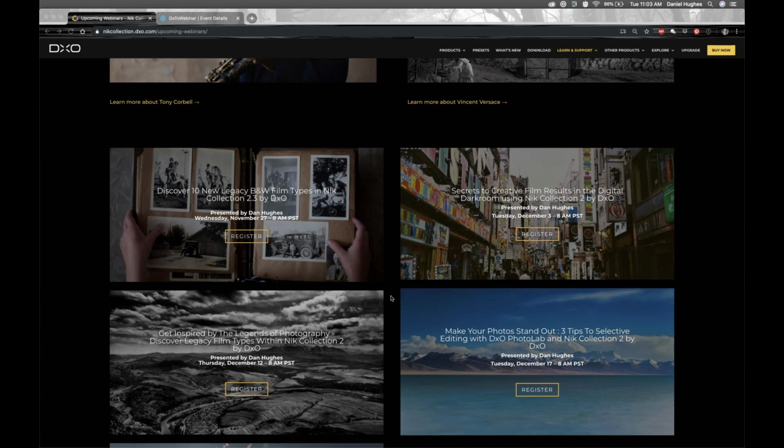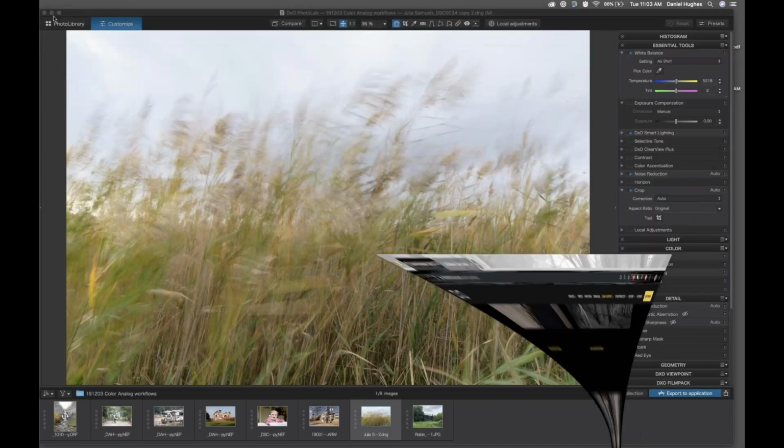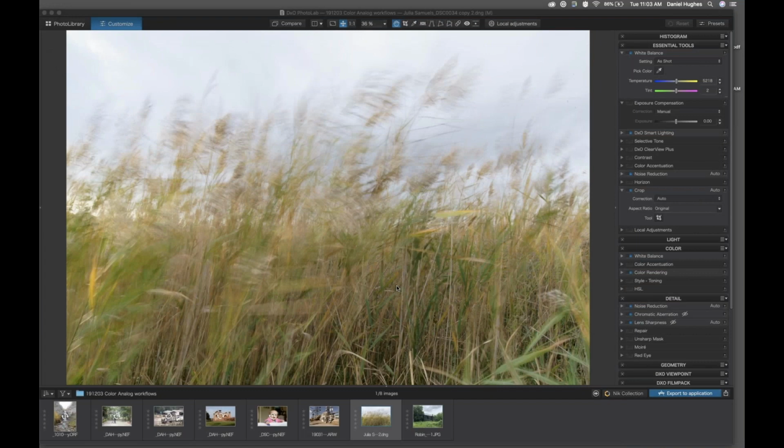Long story short, today's webinar is called Secrets of Creative Film Results in the Digital Darkroom using the Nik Collection by DxO. I'm not sure if I could call these secrets necessarily, but they're thought processes and ways of doing things. I want to talk to you about taking an image into the Nik plugins to emulate analog effects or analog styles, what those things could mean and what they are and how you can use them, whether or not you're even looking to get an analog or film-esque effect or look. So the first thing that we should probably do is talk about a little primer of what